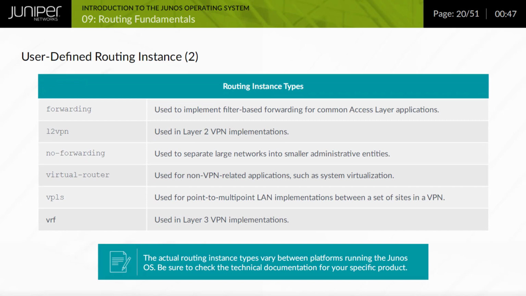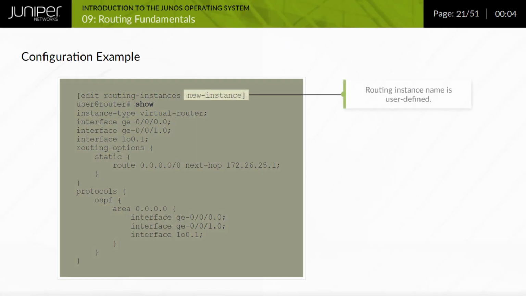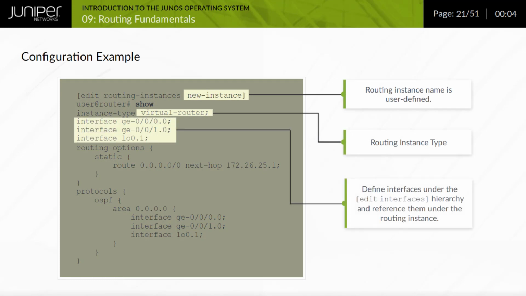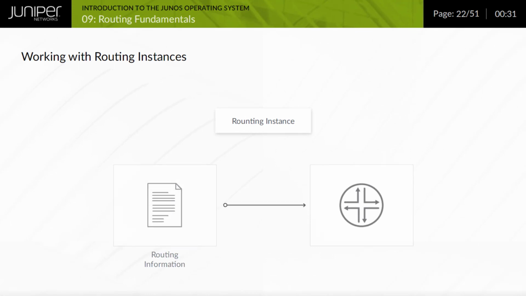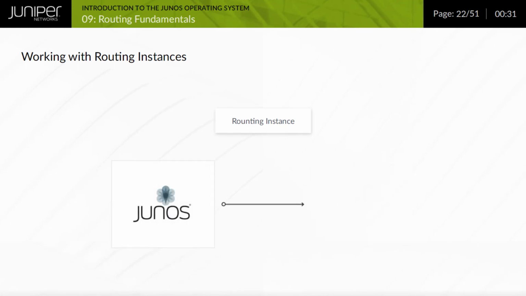Note that the actual routing instance types vary between platforms running the Junos OS. Be sure to check the technical documentation for your specific product. The example illustrates basic routing instance configuration. Once you configure a routing instance and the device learns routing information within the instance, the Junos OS automatically generates